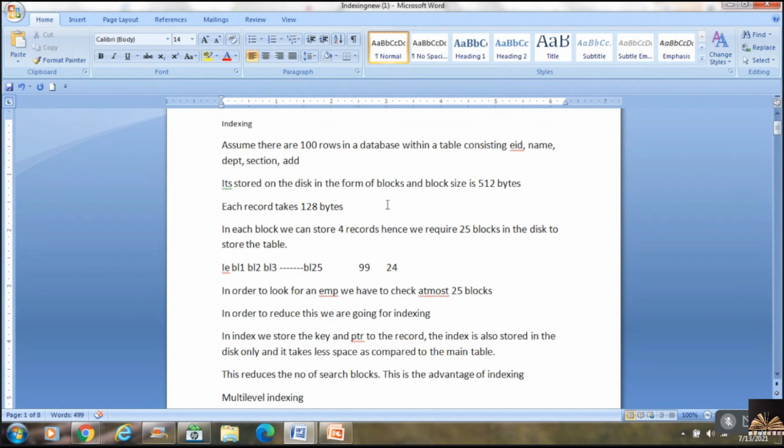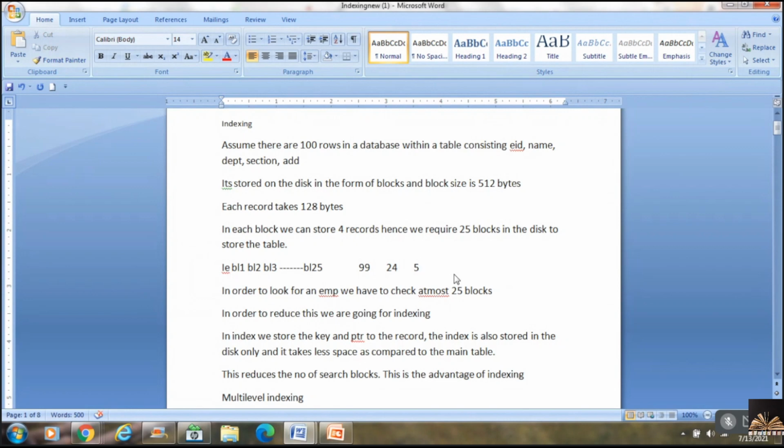Now whenever I'm looking for data item 99, I can see the first is 1 to 4, the second is 5 to 8, the third is 9 to 13, and so on. Based on the address, I can go directly to the 25th block. Maybe searching the blocks requires 2 minutes, and internally I might take 1 minute. So instead of wasting 24 minutes, using indexing I work with the same thing in 5 minutes. This is just an example.